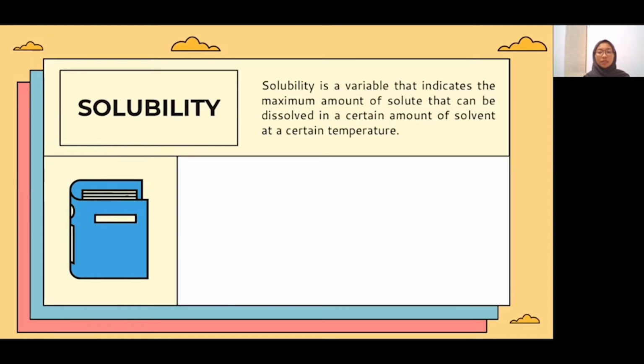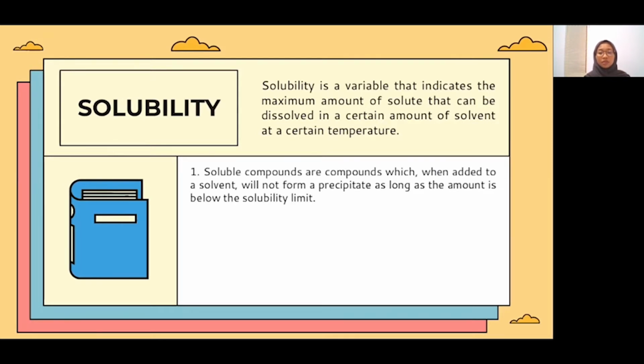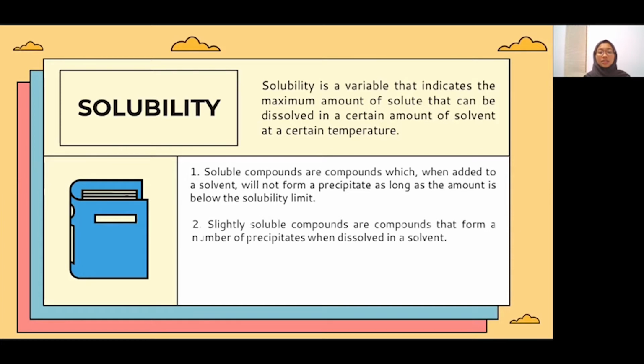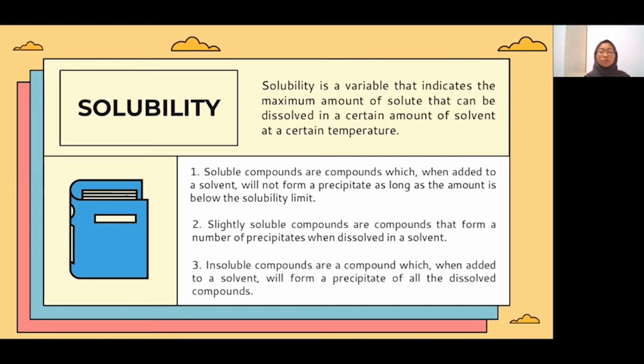Solubility is a variable that indicates the maximum amount of solute that can be dissolved in a certain amount of solvent at a certain temperature. Based on their solubility in solvent, compounds can be divided into 3 types. The first is soluble compounds, which do not form a precipitate, and the second is slightly soluble compounds, which form a small amount of precipitate, and the last is